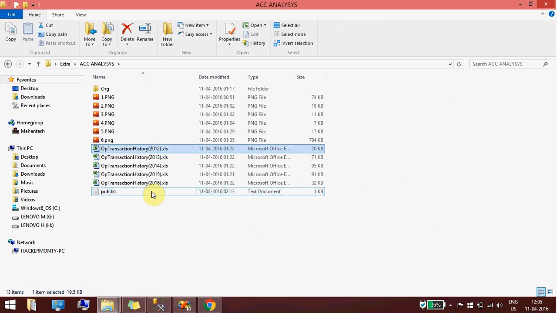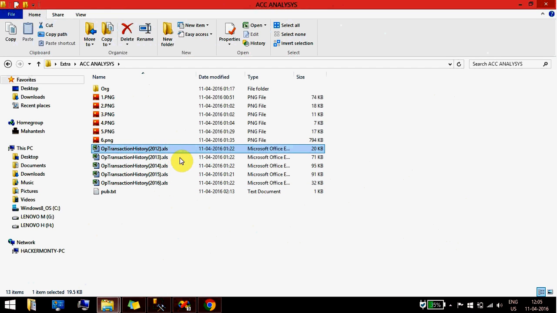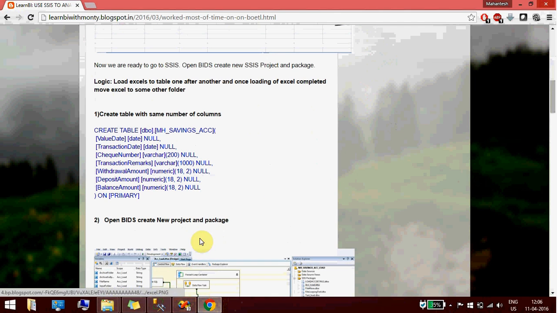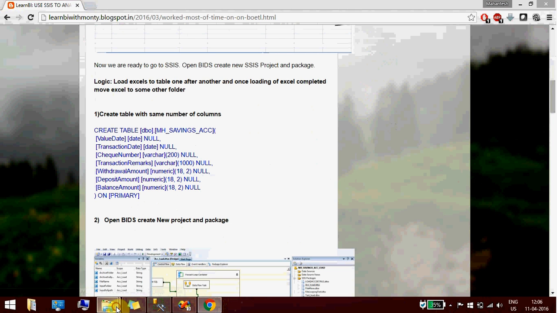I have downloaded statements from 2012 to 2016. The first step is to create a sample table which is in the same format as your Excel.